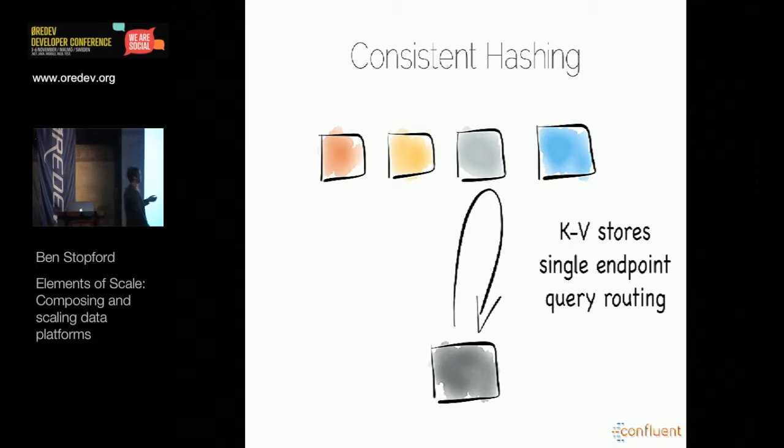The reason is that it's totally linearly scalable. It's actually pretty much the only pattern that is truly linearly scalable in all of the core metrics. So if we add another machine, we'll get a proportional amount of throughput, a proportional amount of storage and a proportional amount of processing power. So key value stores are very, very efficient. They're really just distributed hash maps. But they're somewhat limited in terms of what they can do. So if you've got a key value store shaped problem, then that's a really good solution to take.